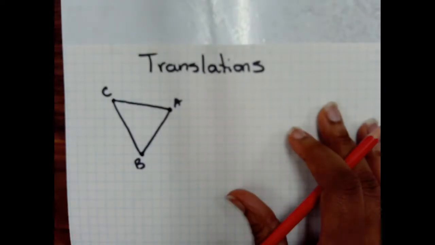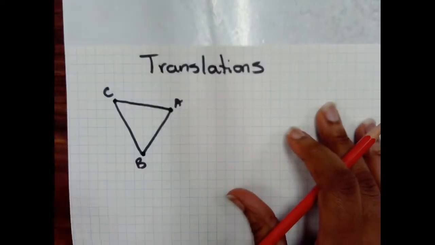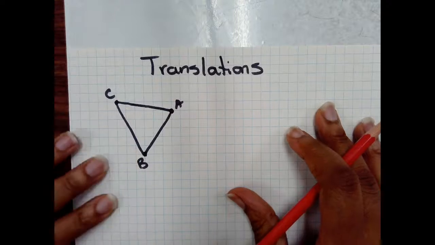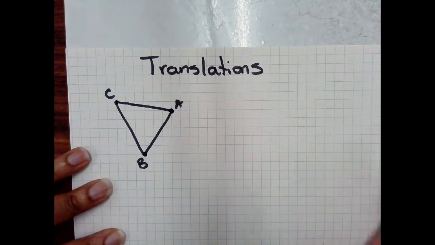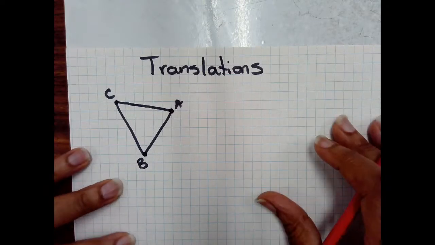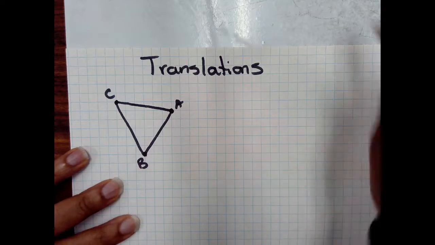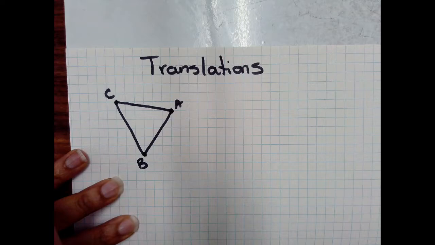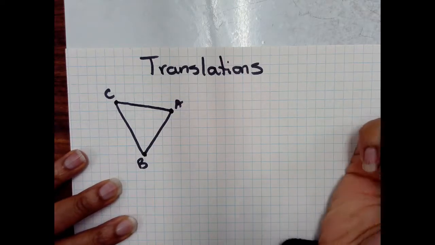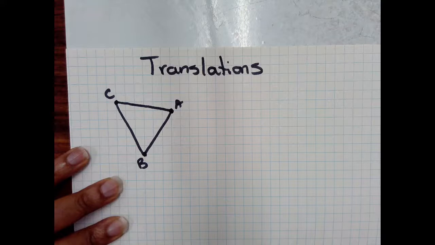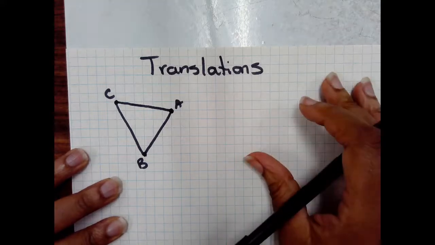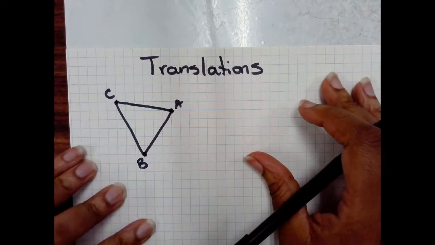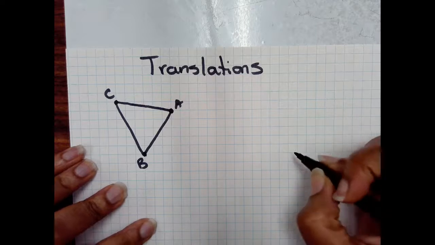Okay, so we're going to look at a couple examples. And hopefully by the end of this video, you have a better understanding on how to do a translation on graph paper and isometric paper. So looking at this first example, most translations are either going to tell you how to move or tell you where to move. So for example,